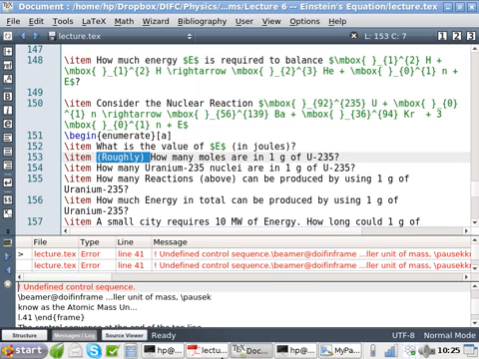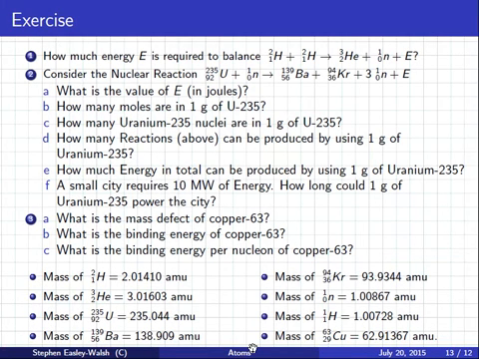Right, so the first question, what you need to do first is get the mass on the left. So you can see that's 2.01410 plus 2.01410. So on the left,